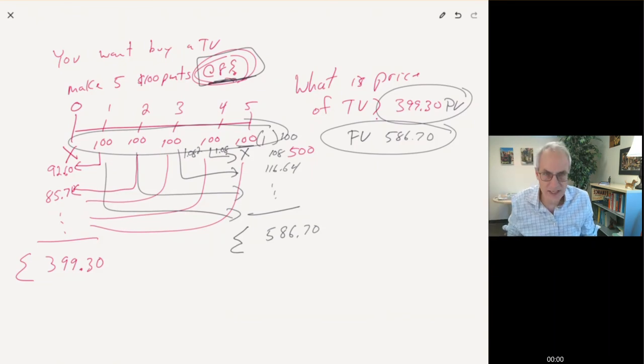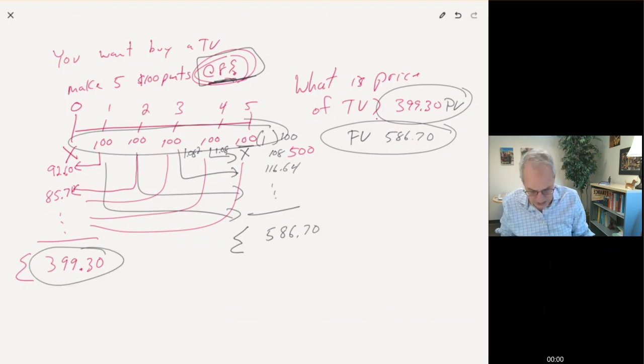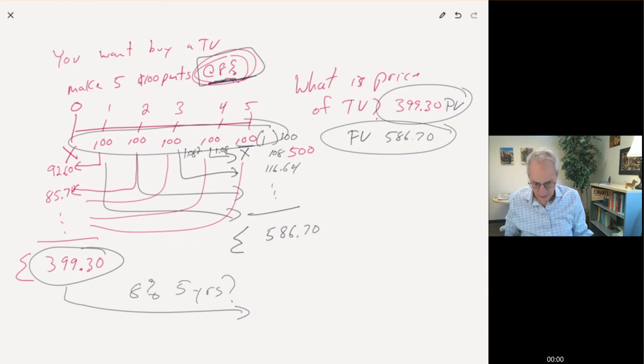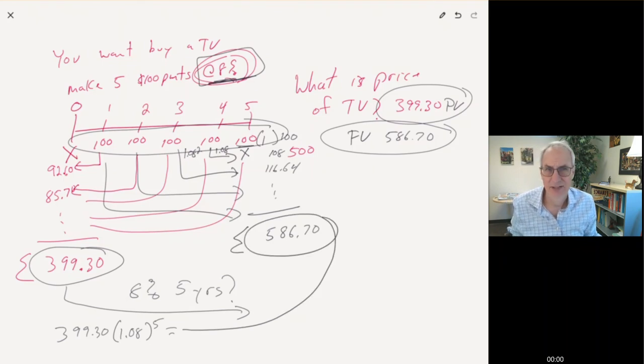Okay, so before you answer it, let's just say that you chose the $399. Using your calculator, how much would $399 be worth at 8% for 5 years? You could do it in a couple different ways. You could use the financial part of your calculator if you know how to do that, or you could do the math that we've done before, which is to multiply it by 1.08 to the 5th. And when you do that, you get 586. So what is the answer? They are all the same.